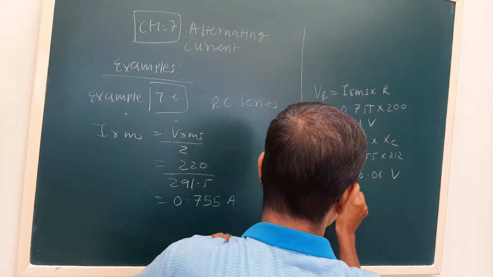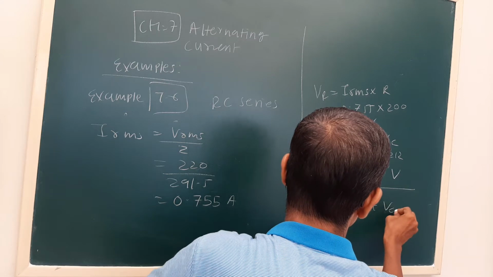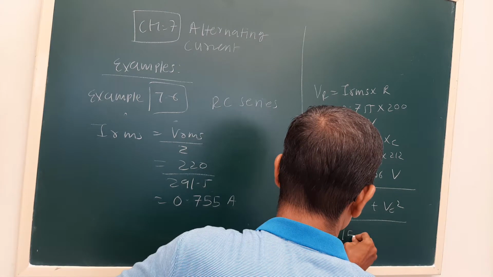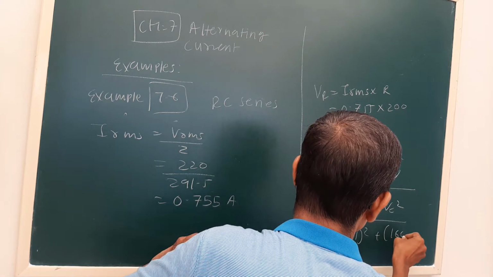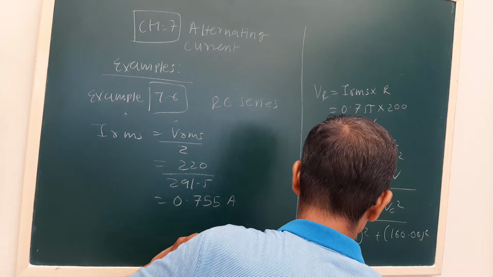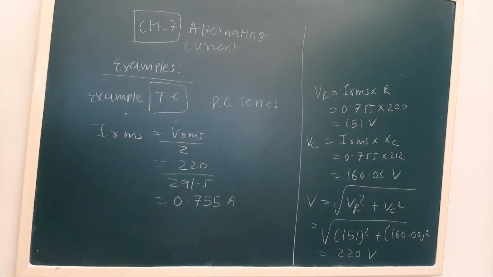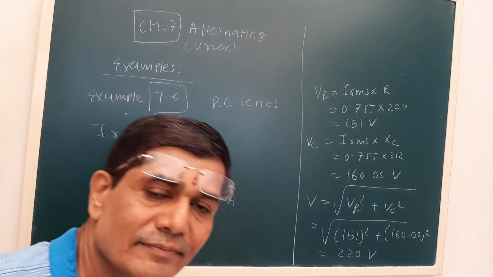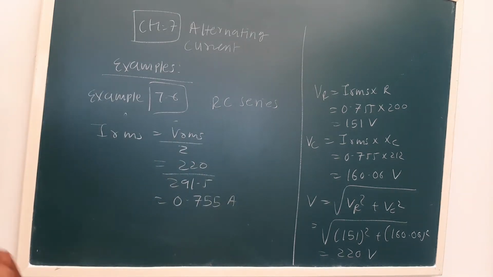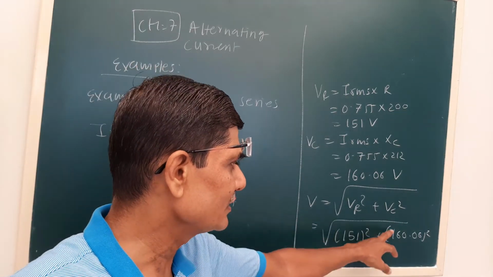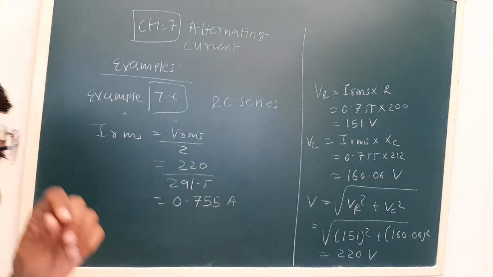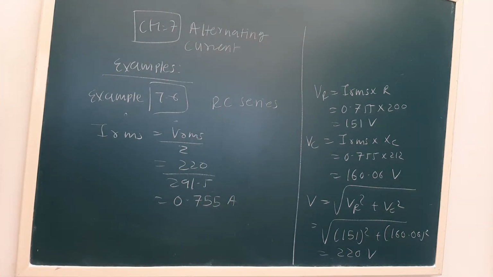Now V is equal to under root of VR square plus VC square. So if I add these two voltages, here you can check, this will be equal to the supply voltage. So here the total voltage is divided as per the vector rule. This will be VR and this will be VC. The sum of the total net voltage equals the supply voltage. So that is about the voltage in an RC series circuit.